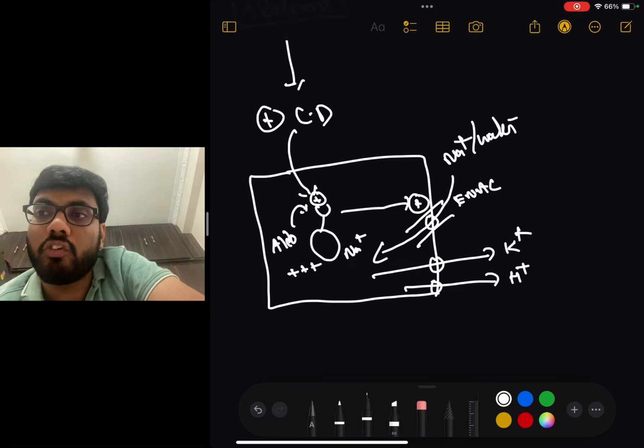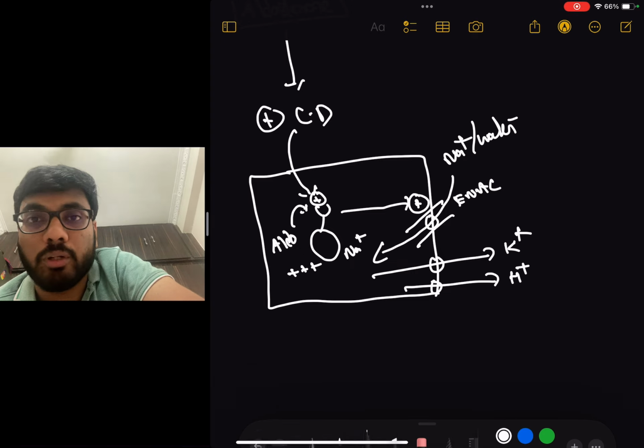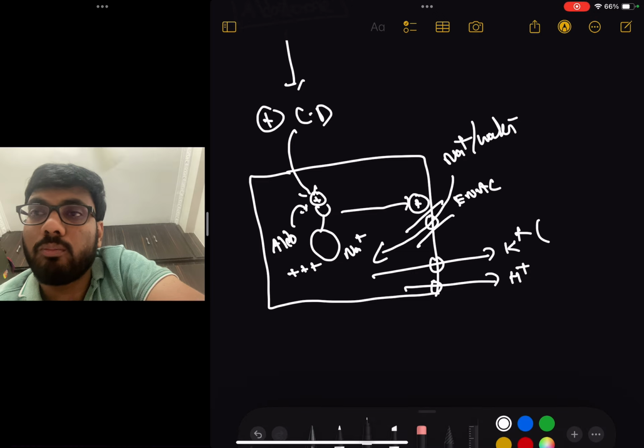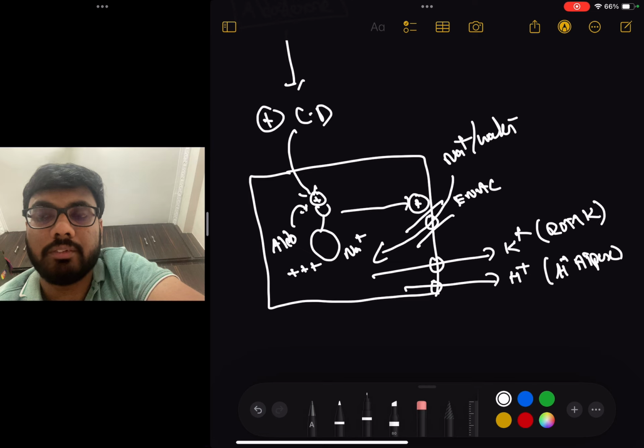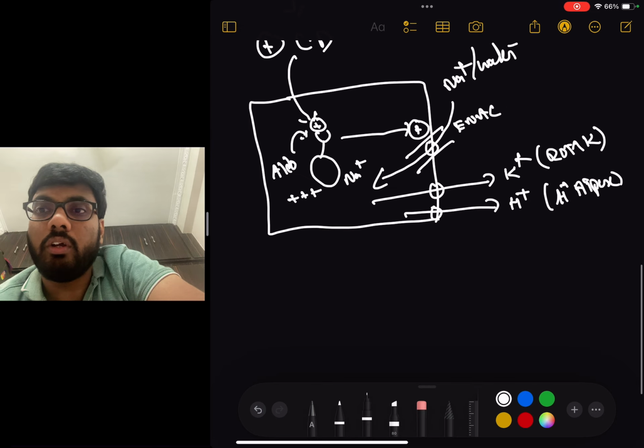Because of this, loss of potassium as well as H plus ions occurs. Potassium loss is via which channel? ROMK, and H plus ion loss is via the hydrogen ATPase channel. Correct. Okay, now in type 4